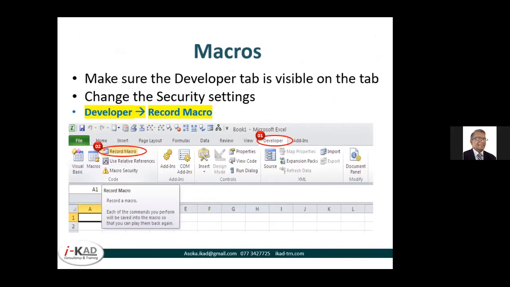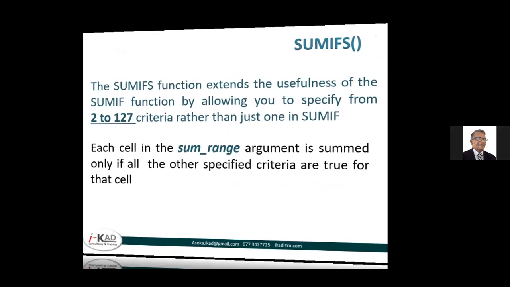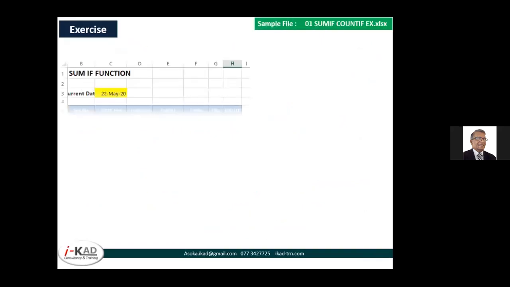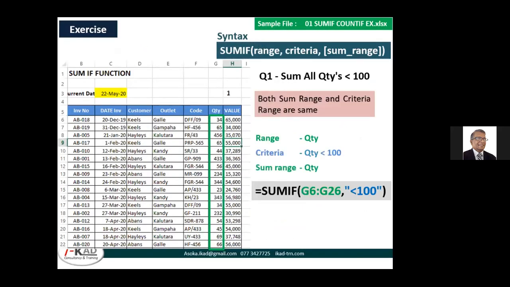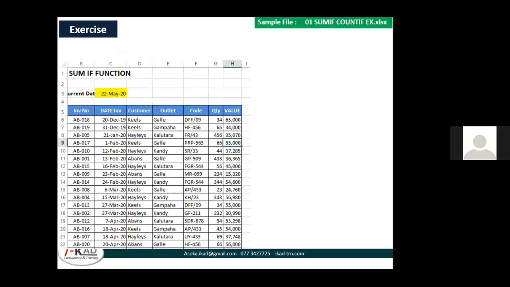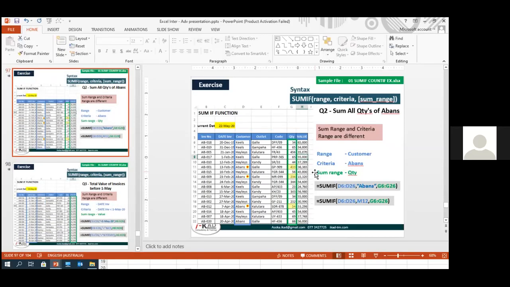Right. So we have the macro recording, the SUMIF, COUNTIF those things to be covered, right? So I think you can start with this and then continue with PowerPoint, right? Yes, I have scheduled it on 14th, so you can do it on 14th next week. Yeah, next Wednesday. Okay.